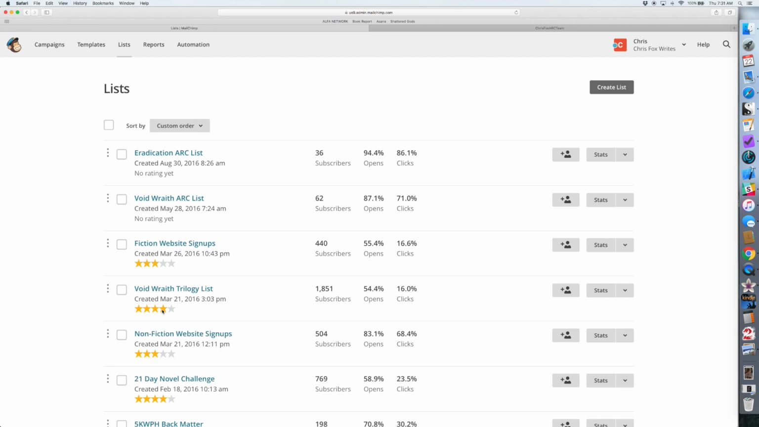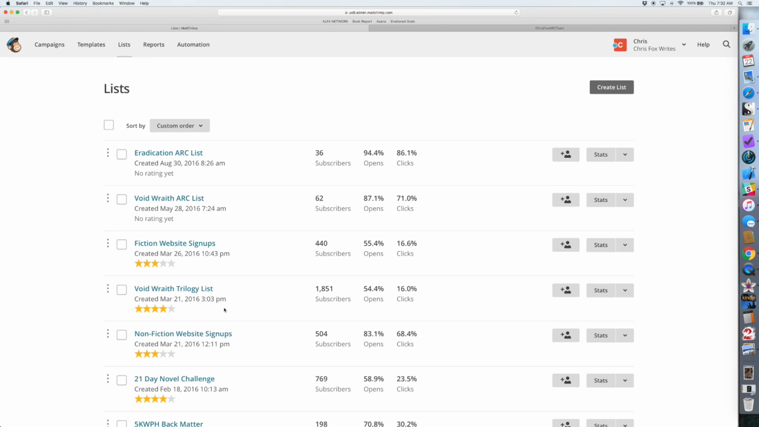Now this one you'll notice is a 4-star rating versus the 3-star on the fiction website signups, and that's because it is a more targeted list. Every single person on this list, all 1,850 of them, came from the front and back matter of one of the books in the Void Wraith trilogy. So someone liked one of those books enough that they signed up to this list. And that means that it's as close to my target audience as I can possibly get,